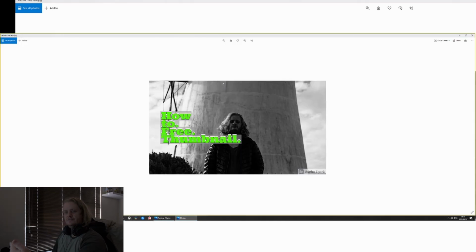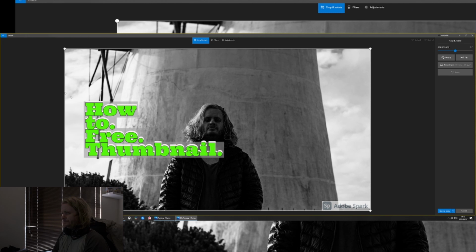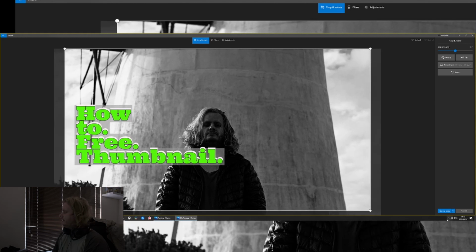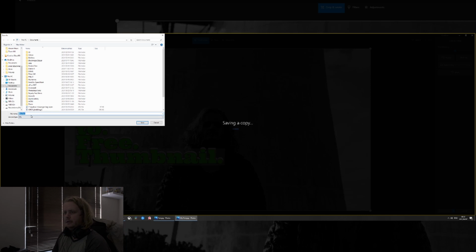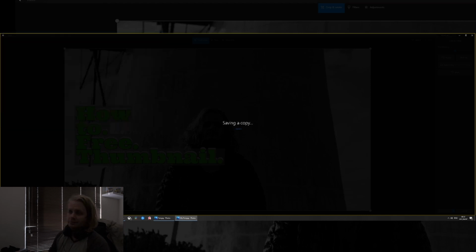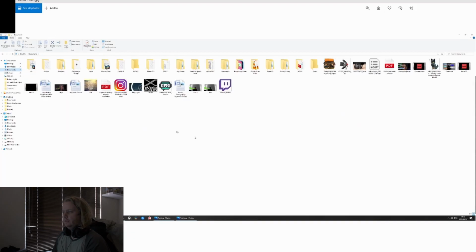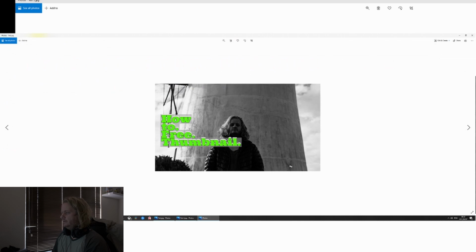So once you've downloaded your, I'm wearing headphones for some reason. Once you've downloaded your thumbnail that you've created on Adobe Spark, open it up in Windows Viewer, and then literally all you do is you crop it in, crop above that Adobe Spark zone, save your copy. We'll save this to documents as test2 because I've already done that. And then open up your documents, open up the picture, and you'll see you've got a flippin' rad thumbnail